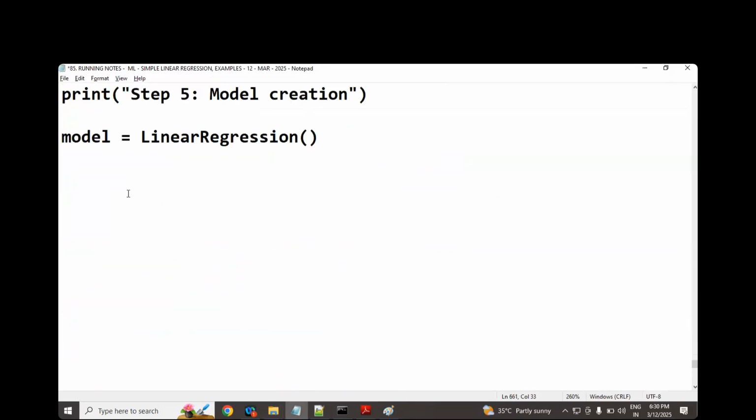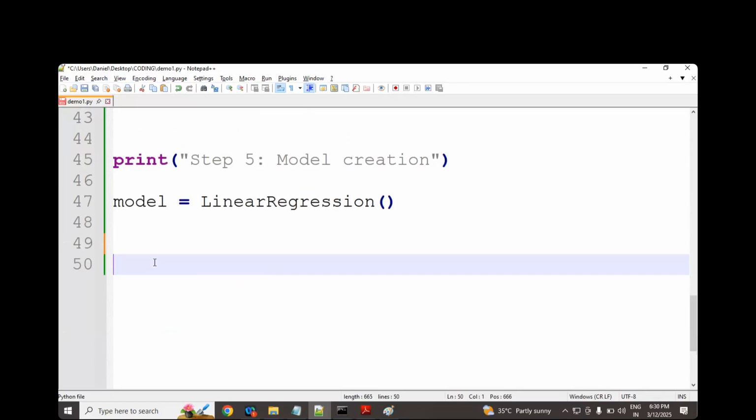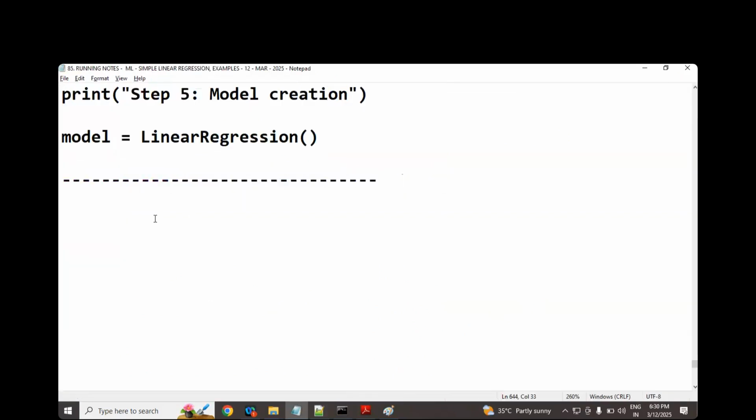What is the next step? Any idea? Model training. Sir, here is the beauty. Step number 6. Make a note on this one.